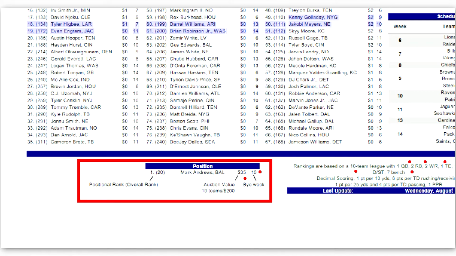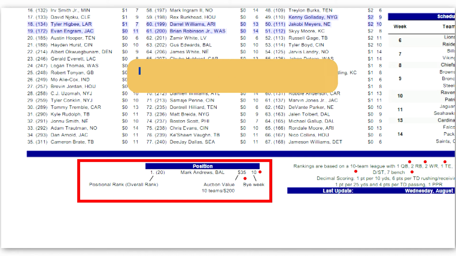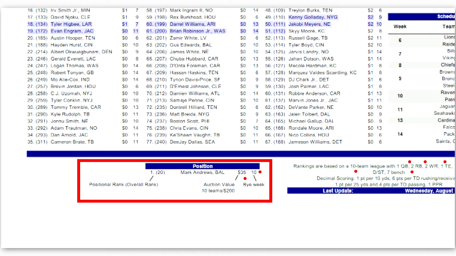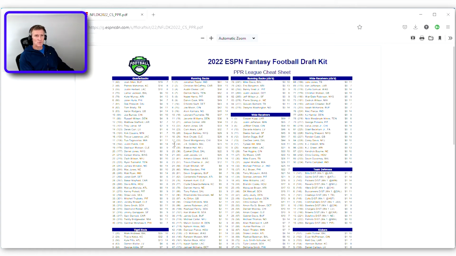You don't want to be basing your, so if you're getting down to the bye week as the criteria, that is the last thing on a list of 100 that should determine your pick. And the 8 things we just discussed will be the first things. So I gave ESPN a D in the past. They haven't changed one bit. All this cheat sheet will do will get you to lose your draft. And sorry to say,